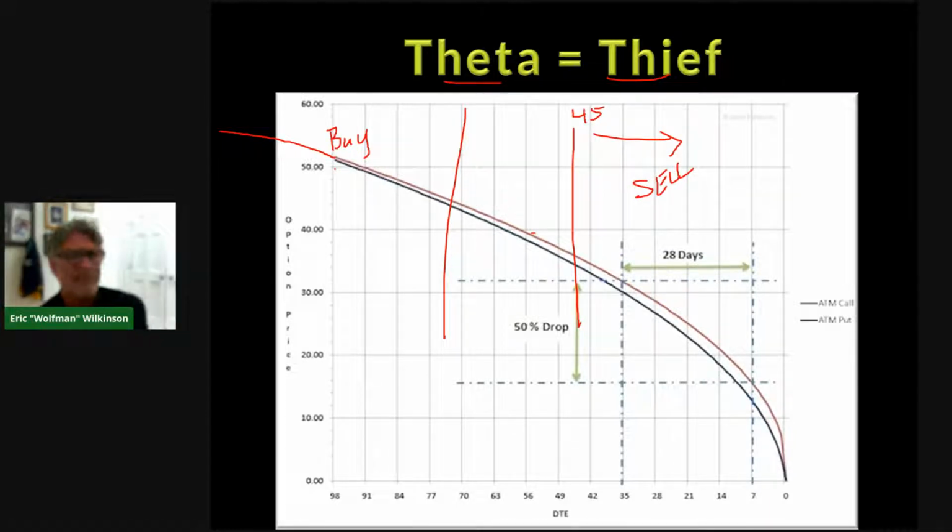Yeah, you're not going to spend that much inside of 45 days, but you're going to notice theta during that